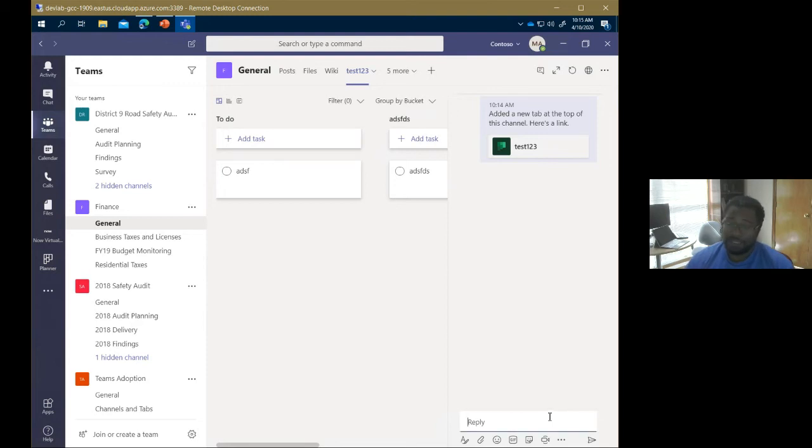And if I wanted to ask the team about it, I might @team and say, are we on track for this project plan? And people would respond and have all these conversations again right next to the actual plan.